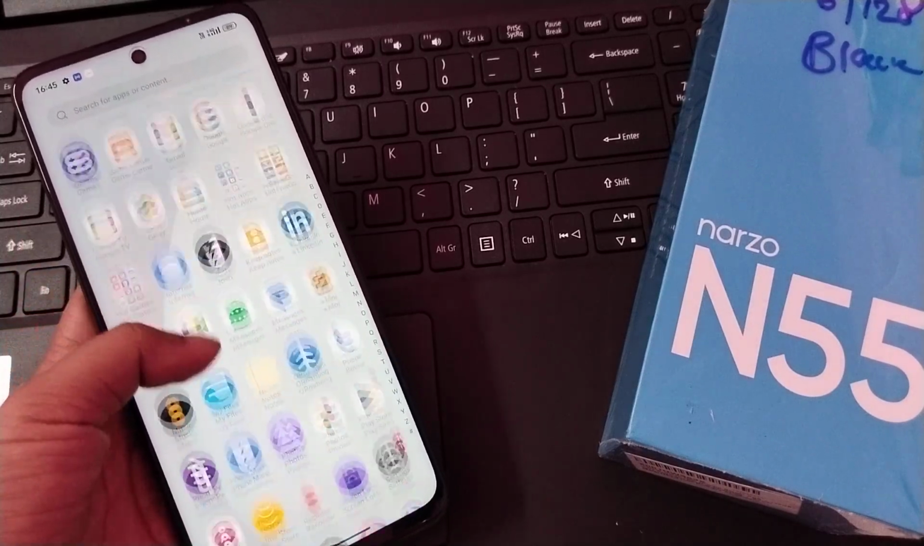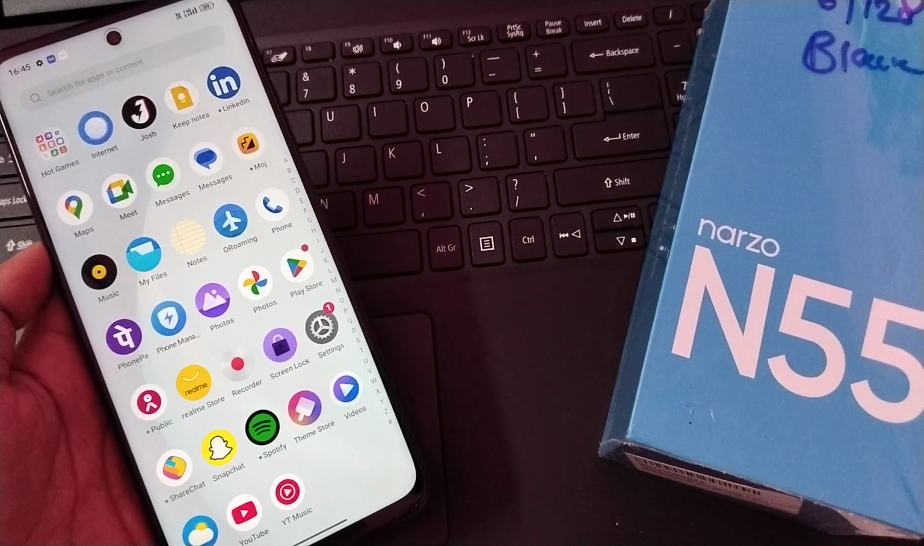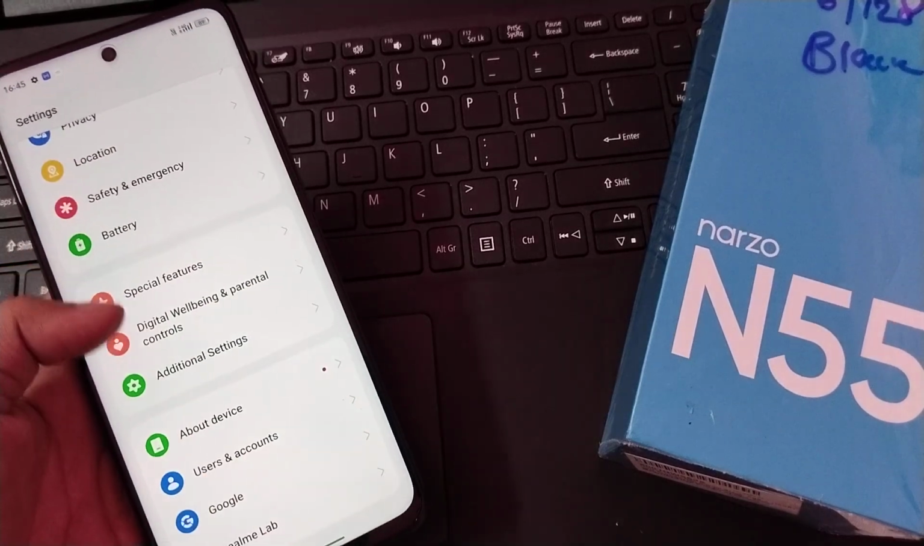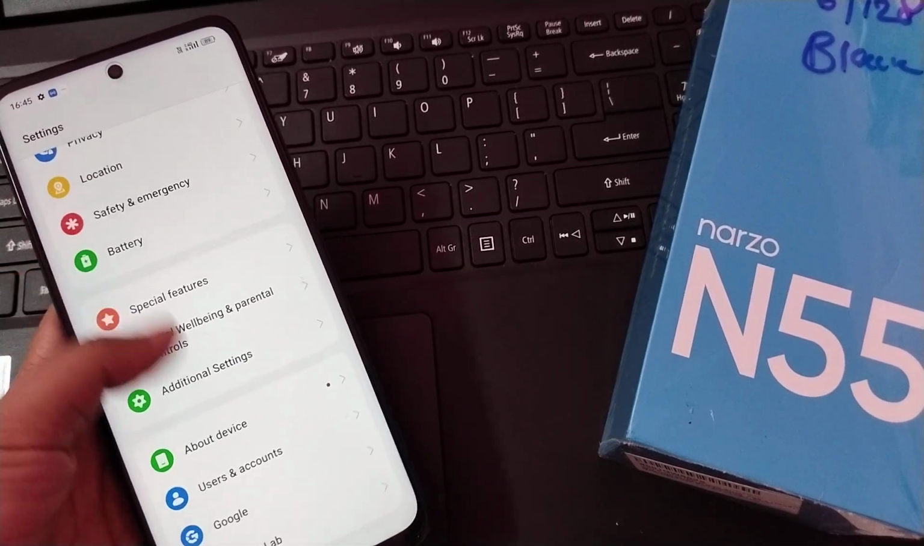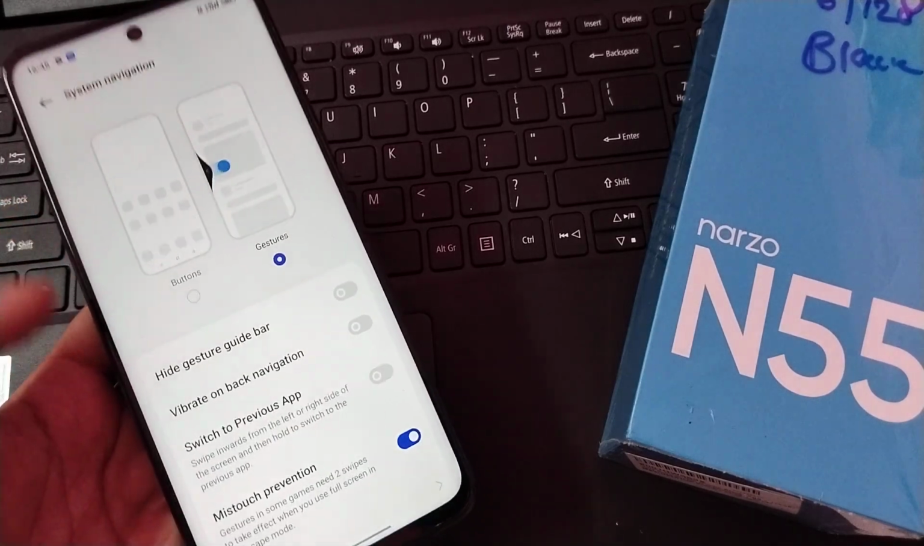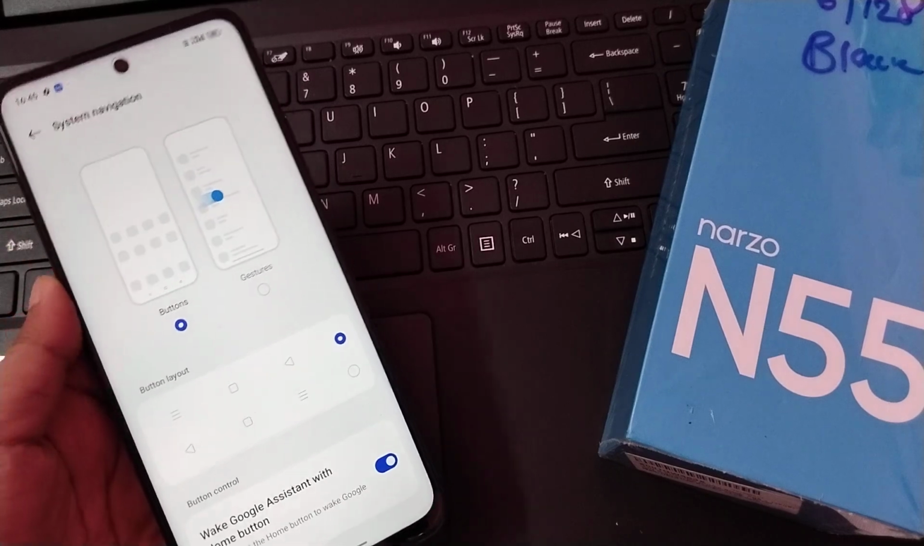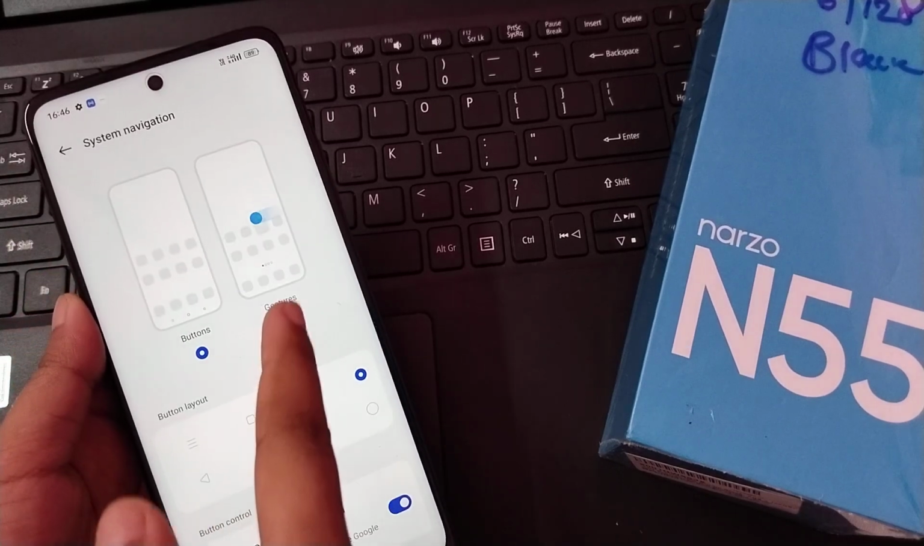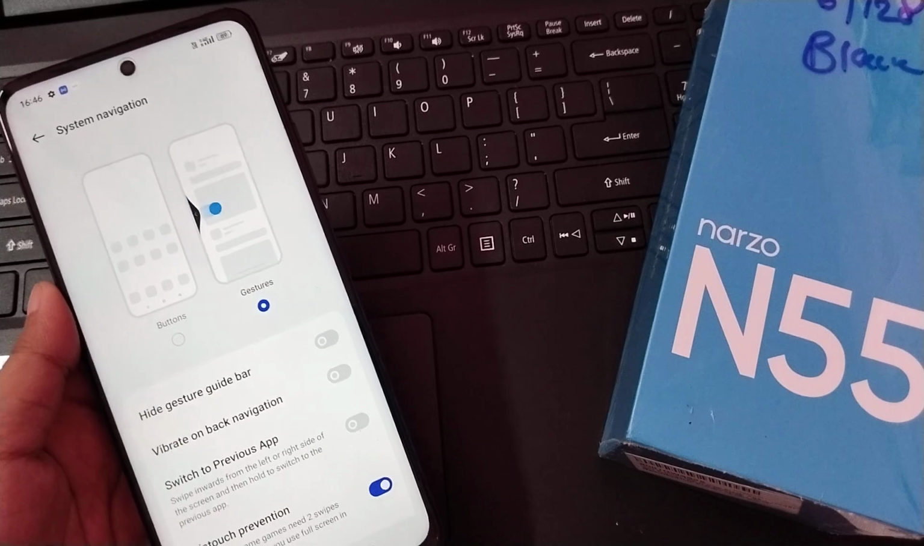If you want to set up the button again, then you just move again to additional settings. Here is additional settings, and move again to system navigation. Just select the button and here the button will be set up. So whichever one you prefer, you can set up from here. Okay friends,